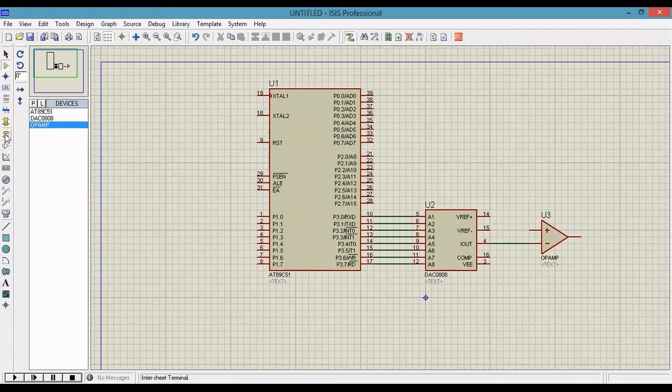Next, from the terminal mode, connect a ground. So the ground is connected to the positive terminal. And next you need a power. Power I am going to connect to the V reference. Next I am going to connect to the VEE.